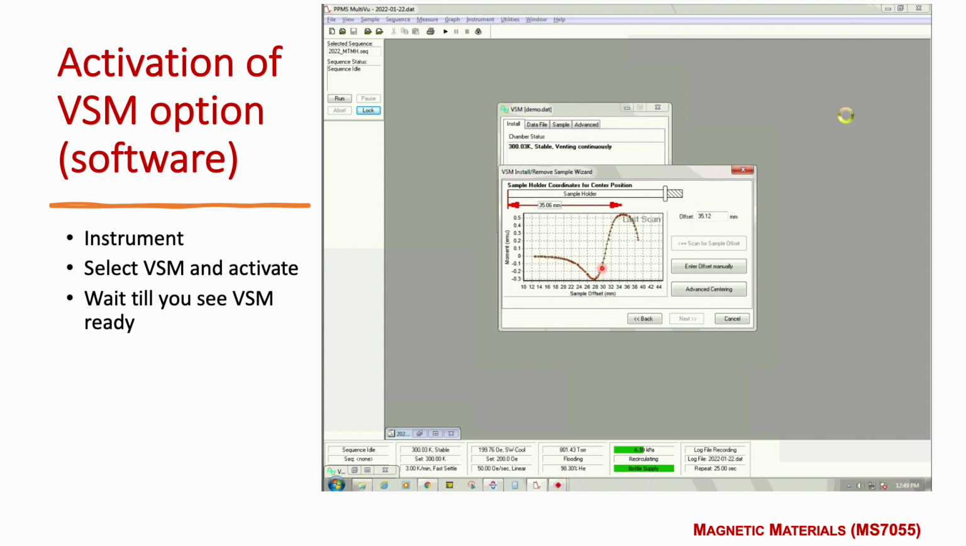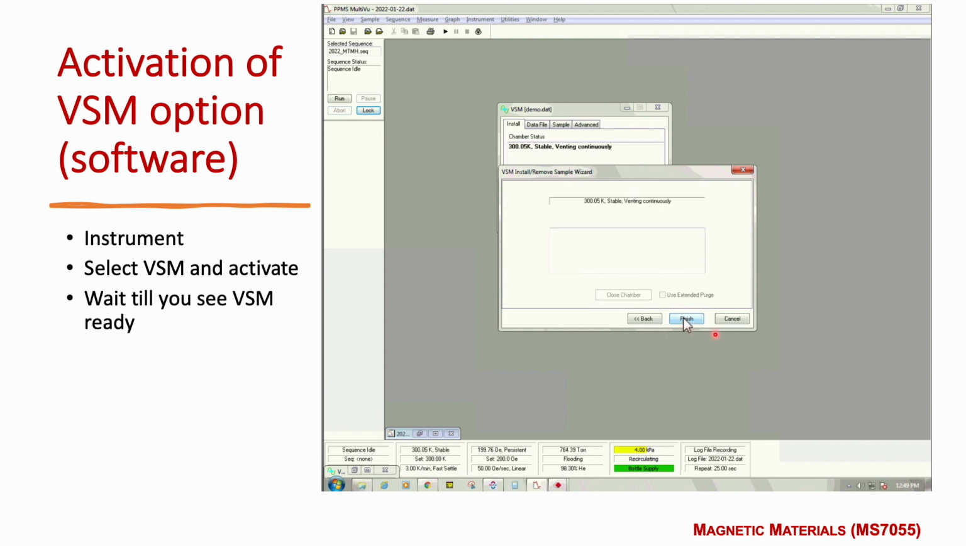Now it's showing something. It has measured that it's close to 35.06 millimeter. It is acceptable. Basically, 34.5 to 35.5 is acceptable here. Then go to next